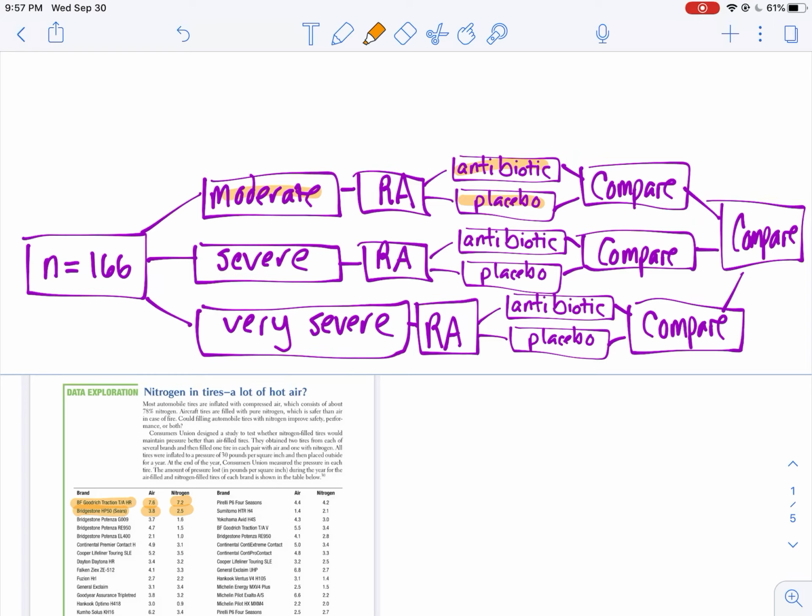Hopefully that clears up any questions you have about matched pairs design. It's a tough concept. I'll be honest, you don't see it a heck of a lot, but it's good to know when you see it. So hopefully